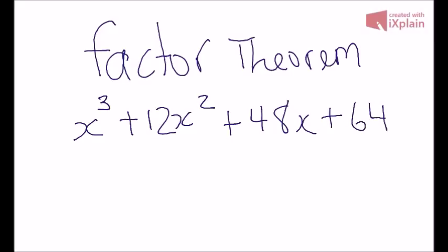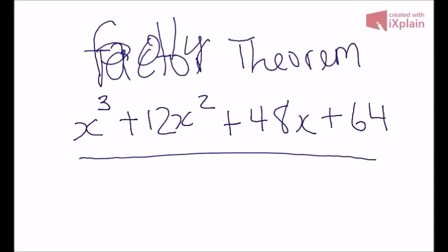Let's say we got this, and this is a polynomial. What we got over here is called a polynomial, and for those who may not know how to spell that, I'm going to write it out over here. So it's called a polynomial,